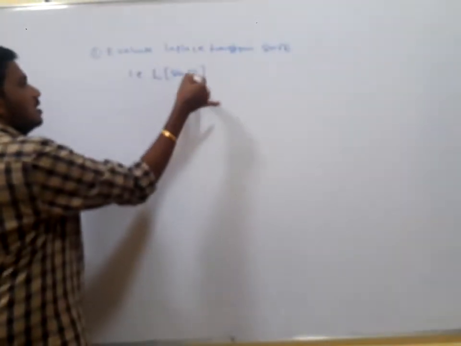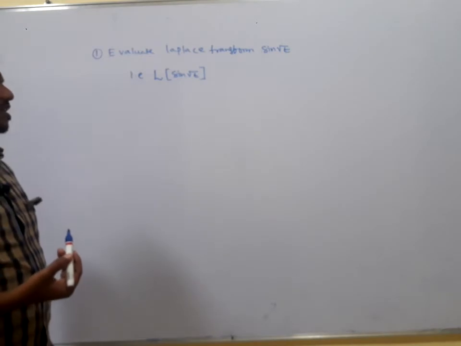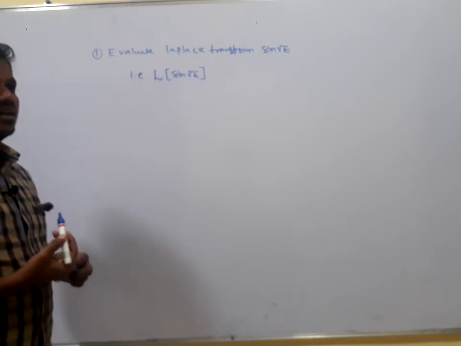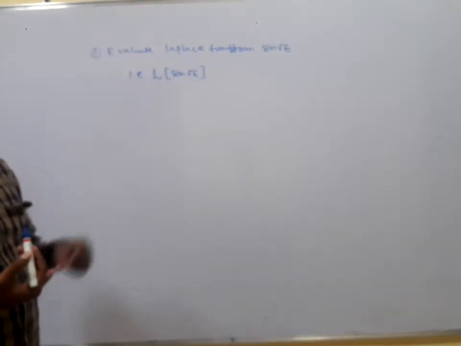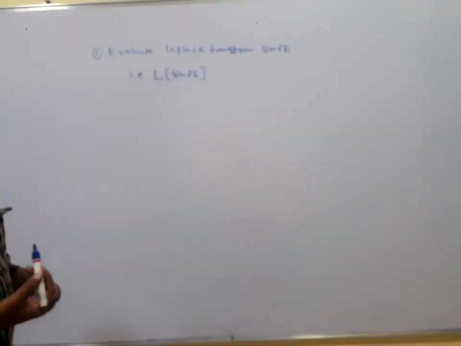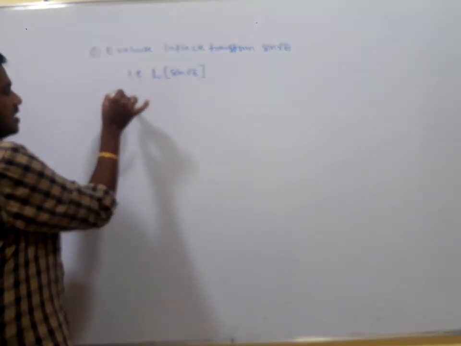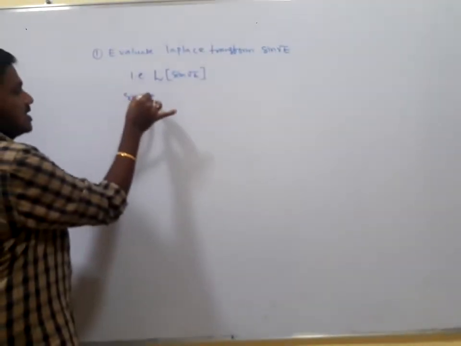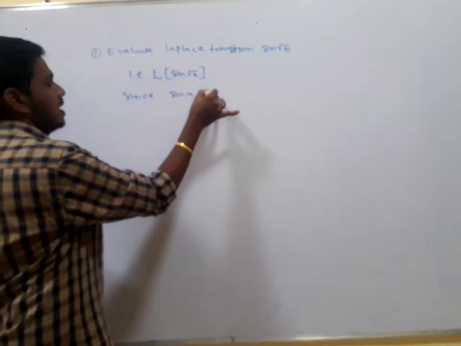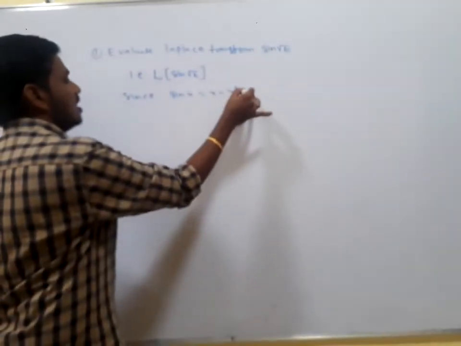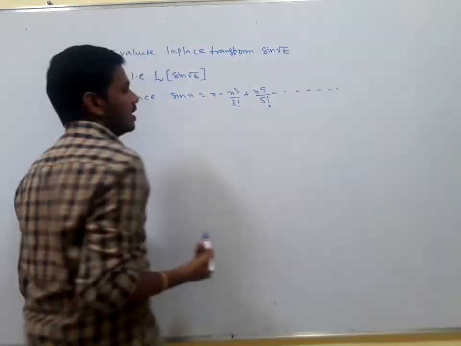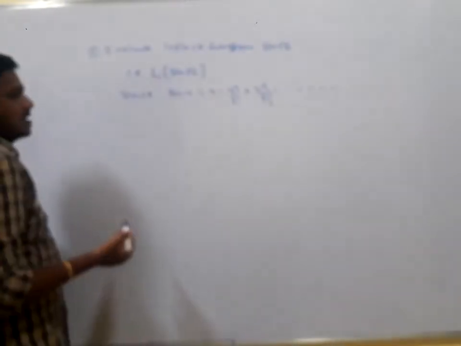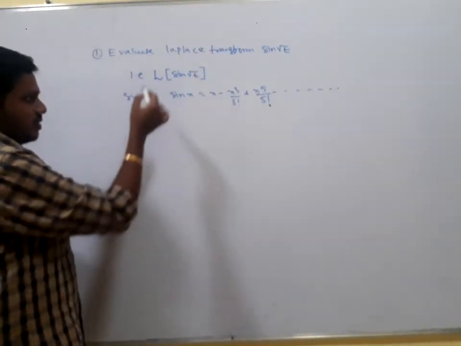So here we have the formula for the Laplace transform of sin at, cos at, sinh at, cosh at. The powers are also there, by using the knowledge of trigonometric ratios we can write them as individual sine and cosine, but here it is sine root t. But we know the sine x expansion: sin x is equal to x minus x cube divided by 3 factorial plus x to the power of 5 divided by 5 factorial minus and so on. This is the expansion of sin x. By using this expansion I am going to write the Laplace transform of that.